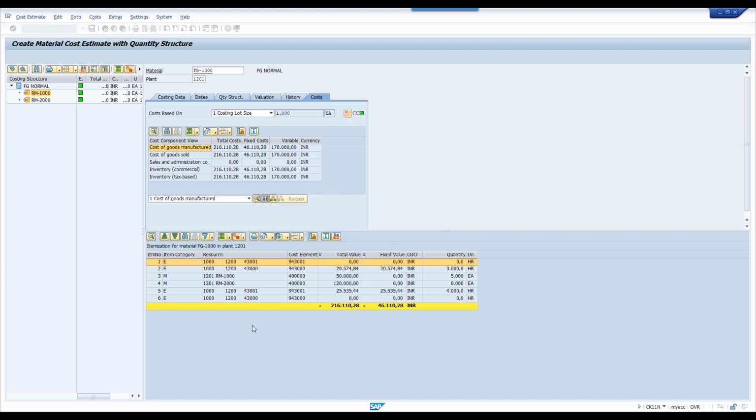That we will understand. This is cost center, and this is work center, and this is activity. Same way, this is cost center, this is work center, this is activity. We got this two times.